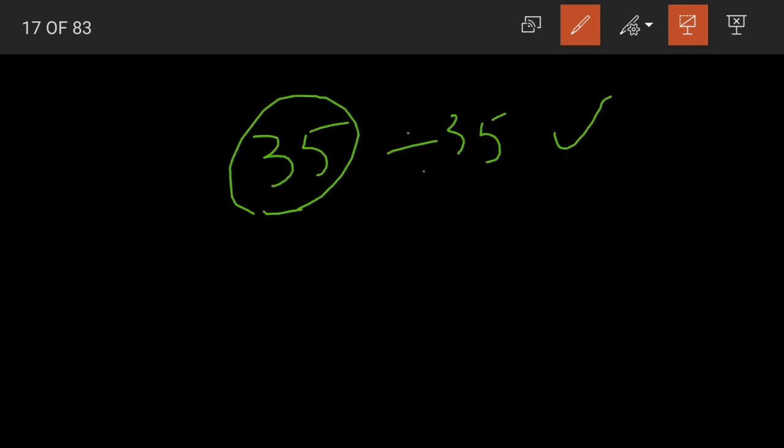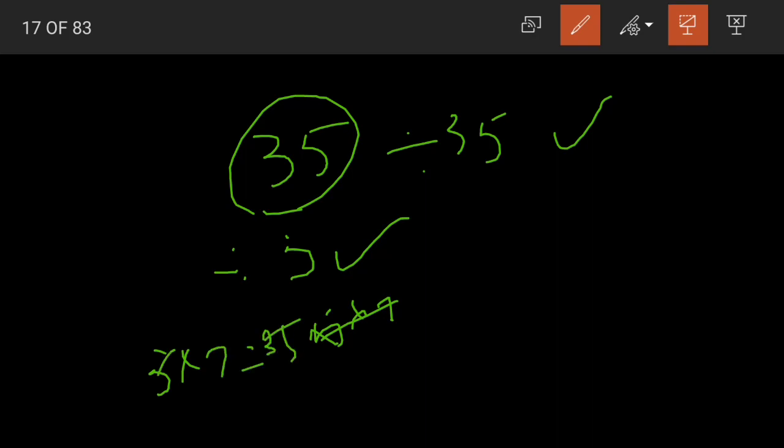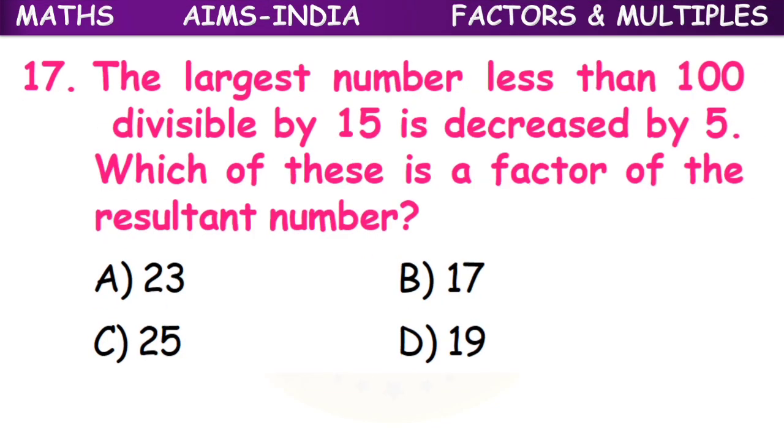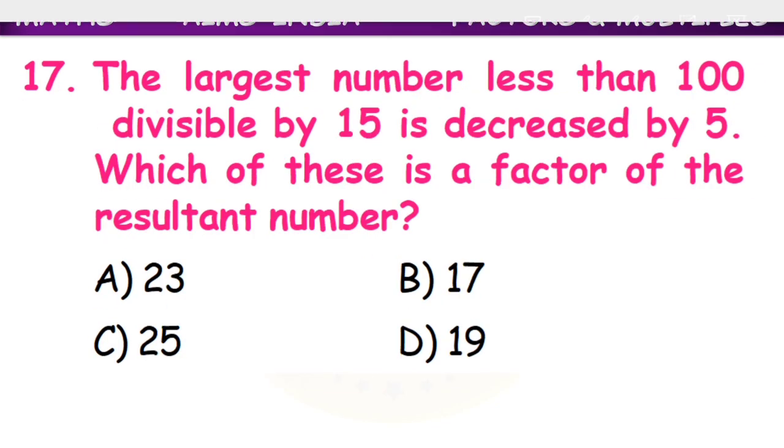Okay. Now see, suppose the number is 35 only. The number 35 is divisible by 35. Yes. Now is this divisible by 5? Yes, we have 5 7s are, what do we have, children? 5 7s are 35. So as 5 is a factor of 35, 5 also becomes a factor of the number that is divisible by 35. Okay, so the remainder becomes 0.